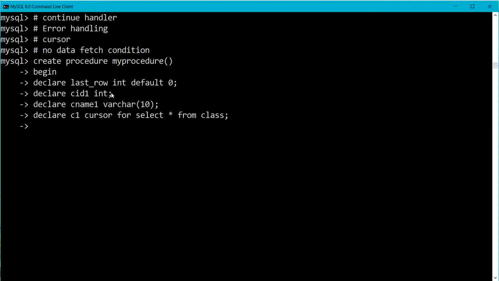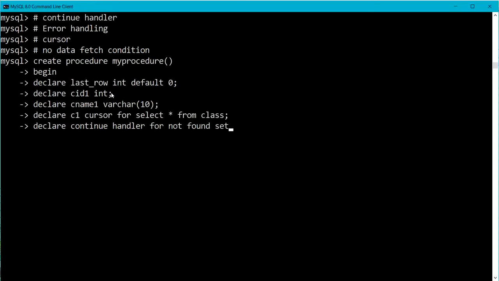Now I am going to declare a continue handler. Declare continue handler as per syntax. The name of the handler is continue. For condition, so here the condition is not found.